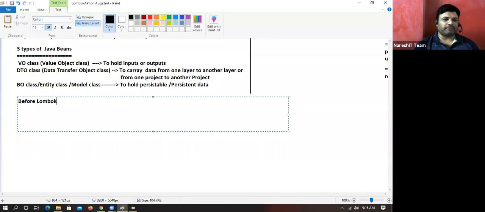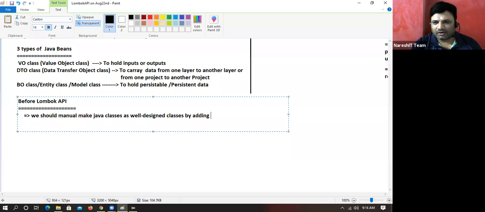Before Lombok API, we should manually make Java classes as well-designed classes by adding